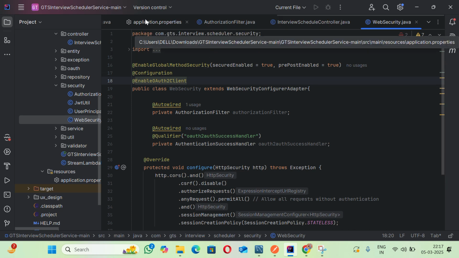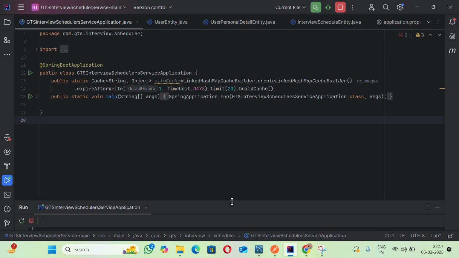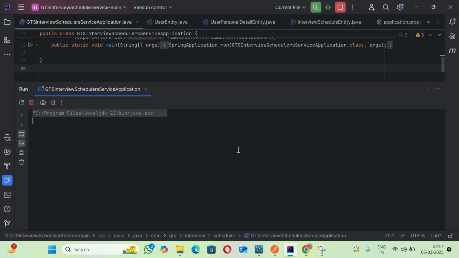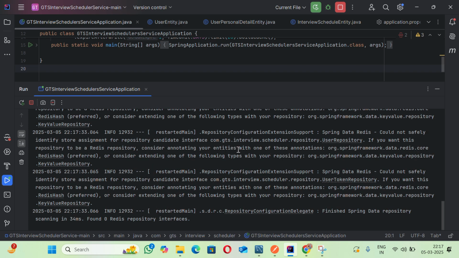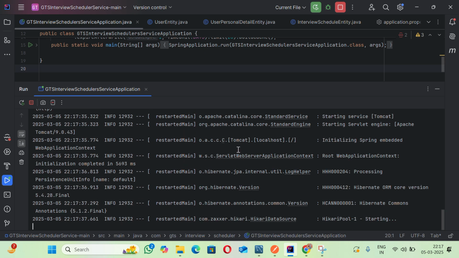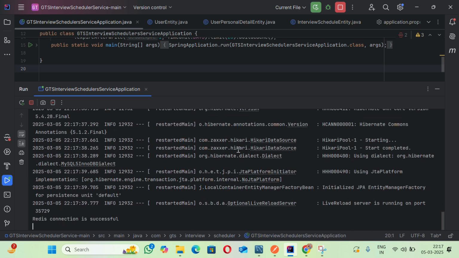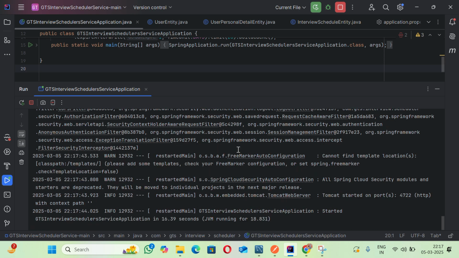Now we run the application. This may take some time. So this application starts on port 4722,